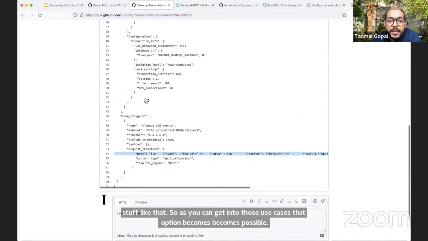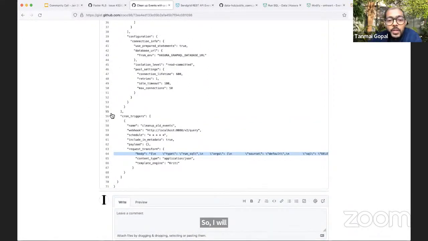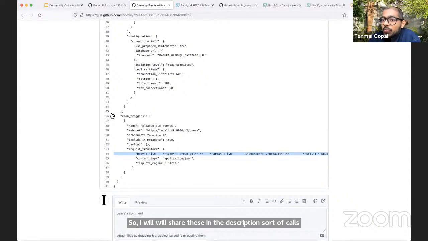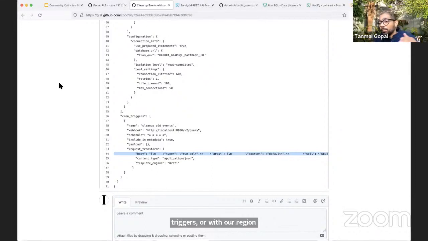So we'll share these in the descriptions for the call so that you folks can take this for a spin as well. But there's all sorts of cool things that become possible by just being able to call Hasura back from Hasura itself with either event triggers or with run SQL. For example, if you're using Hasura's caching, you can use event triggers to invalidate the cache directly, right? So that starts becoming possible with request transform. So we'll start doing a few examples of that.